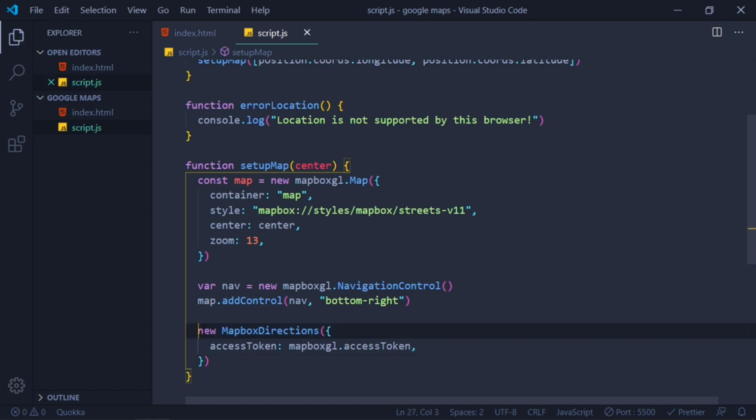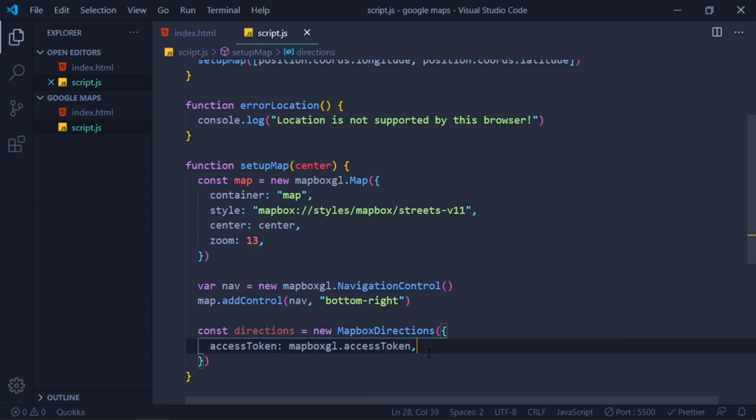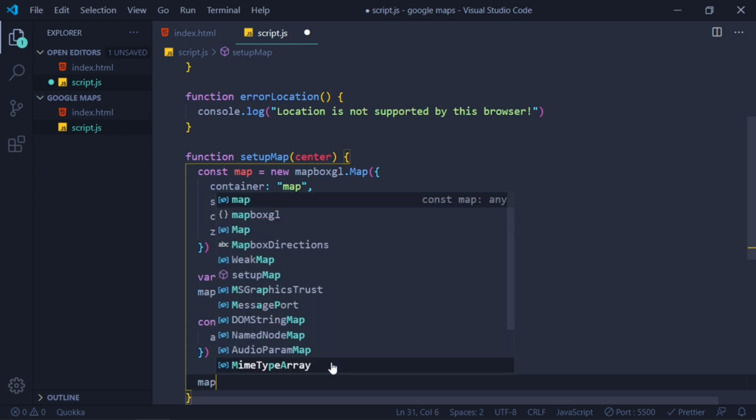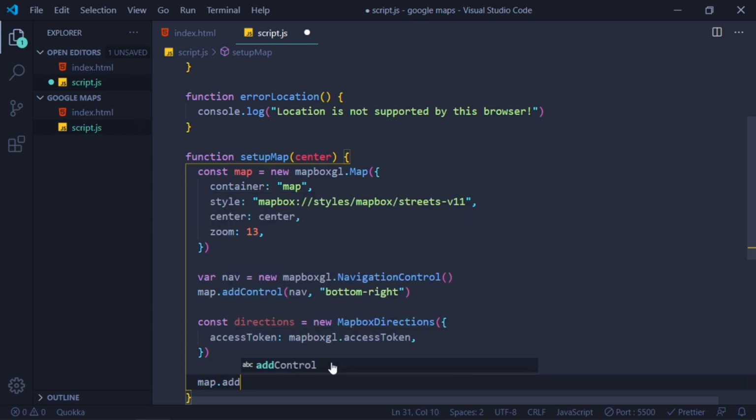Let's store this in a const variable which says directions, and then let's type map.addControl(directions), and then let's position it in the top-left corner.